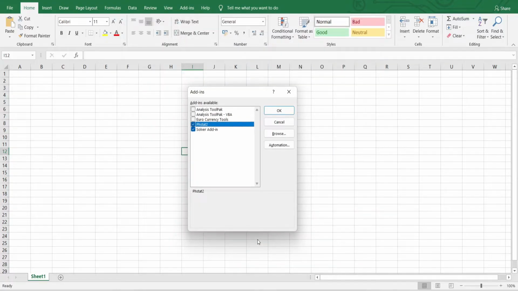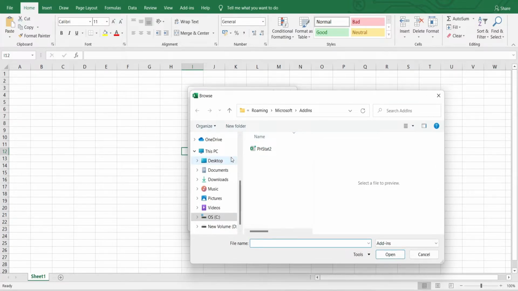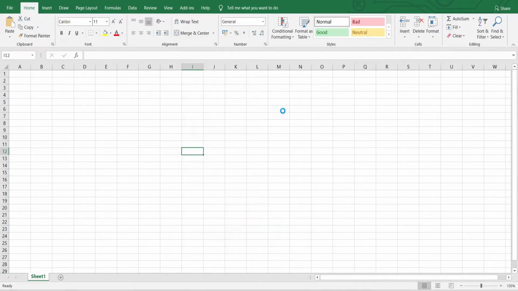With this, a new window will pop up where you can see a list of default add-ins and any other custom add-ins that are already installed. Now click on the Browse button. This is the add-ins folder of Microsoft. We need to move the downloaded Megastat file from the downloads to the add-ins folder. Just go to the download section, locate and copy the Megastat file, click the back button and paste it here in this folder. Now select the Megastat add-in file and click OK, and then again click on OK.